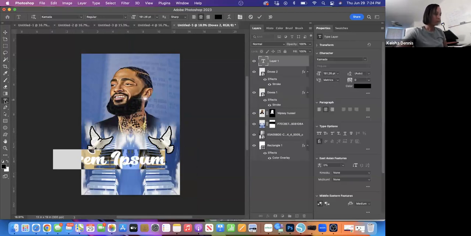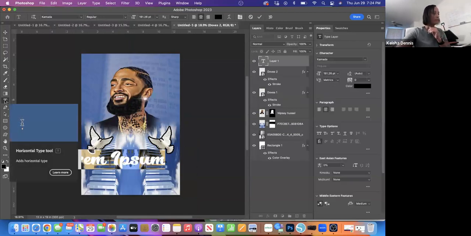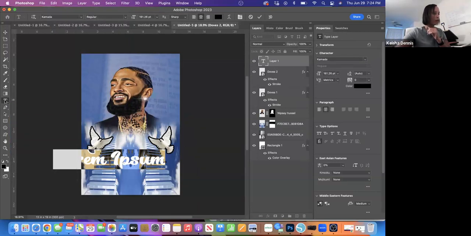So I click on the font here. What I did was if you right click it, it'll bring up which way you want to type the font. I want to do horizontally, so I already have horizontally selected. But if you wanted to do vertically, where you wanted the font going straight up and down like this, you can just select vertically. So I already have horizontally selected, so I'm going to go over here, hit my check